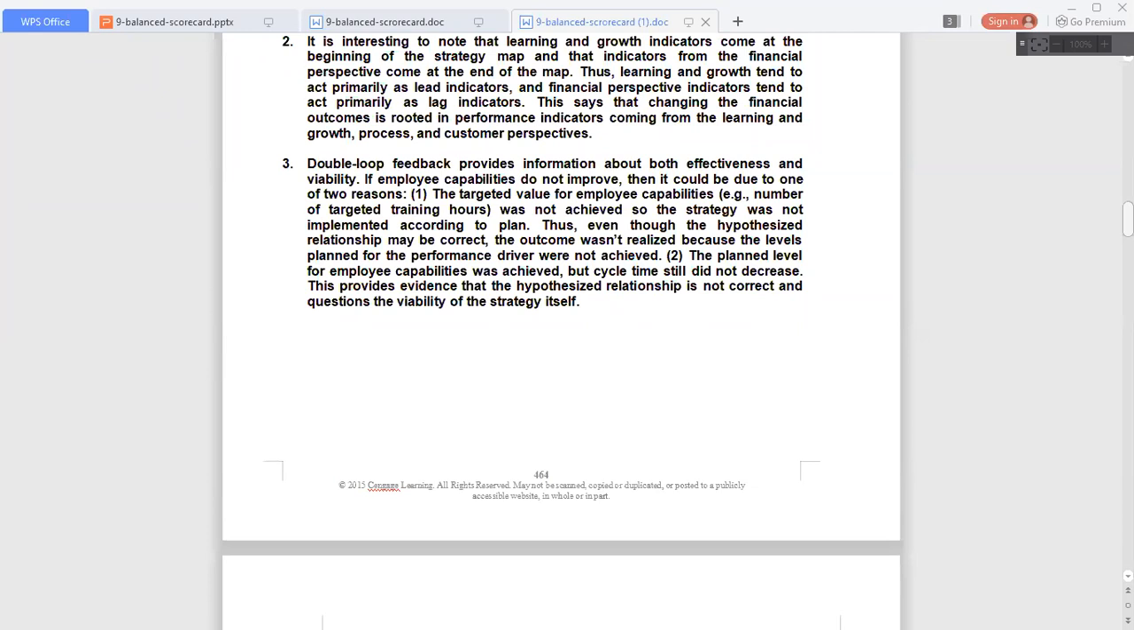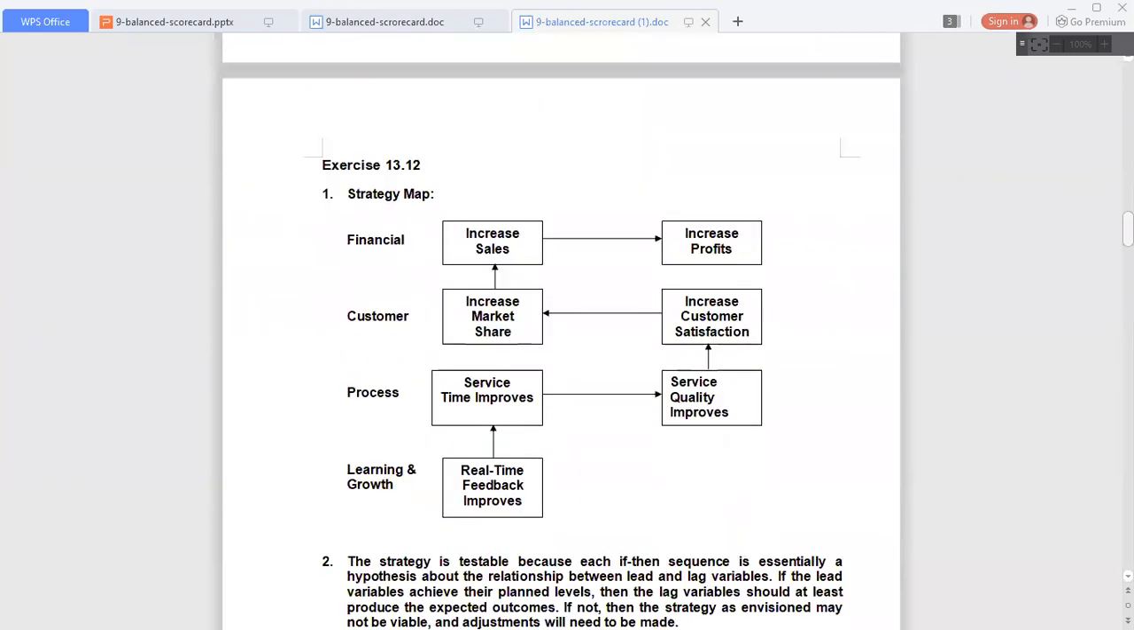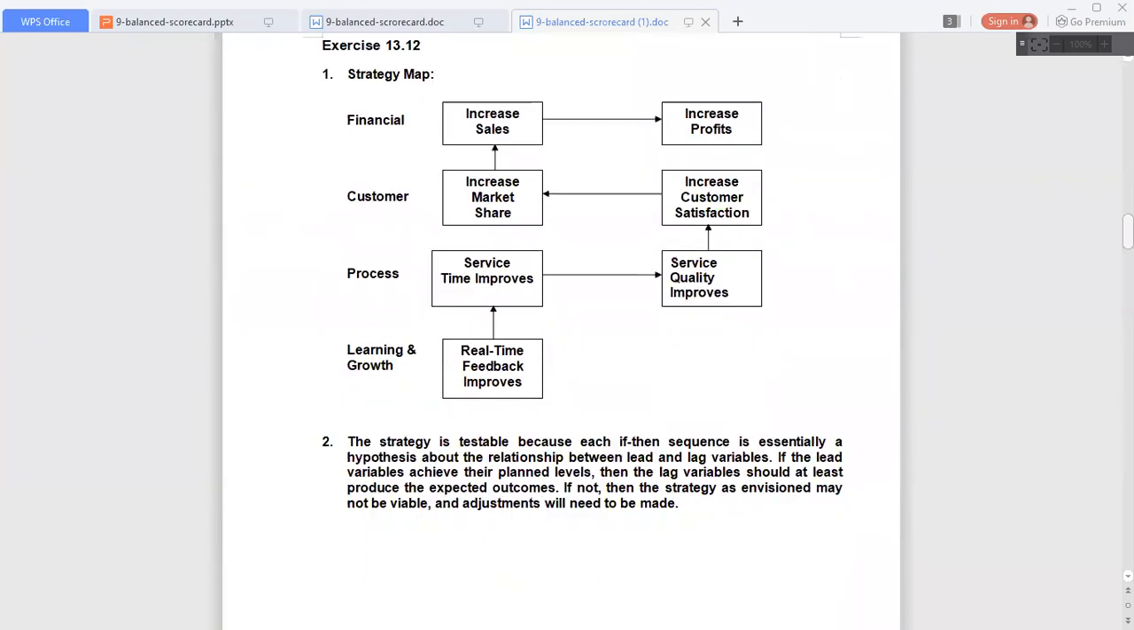Now, the next is number 12. It's the testable strategy and strategy map. Consider the following quality improvement strategy as expressed by a series of if-then statements. If real-time feedback information capabilities improve, then post-sales service time will improve. If